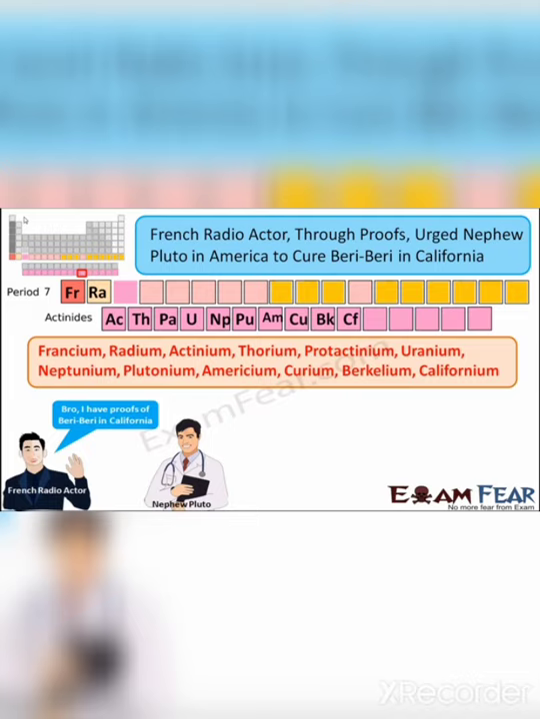So these are the elements, and the memory tip would be French radio actor through proofs urged nephew Pluto in America to cure beriberi in California. So in period 7 as well, we have a total of 32 elements, and inside this period 7, we have